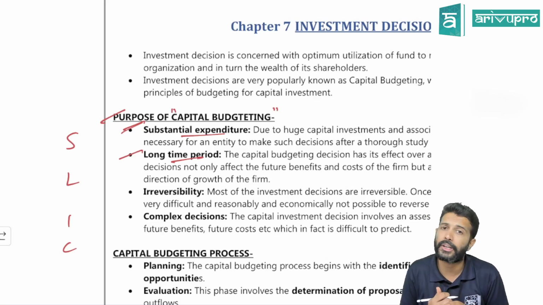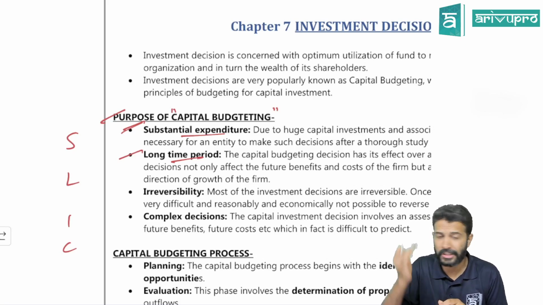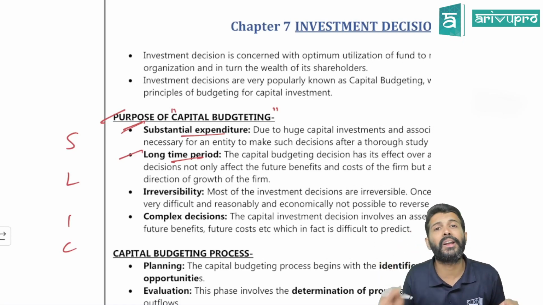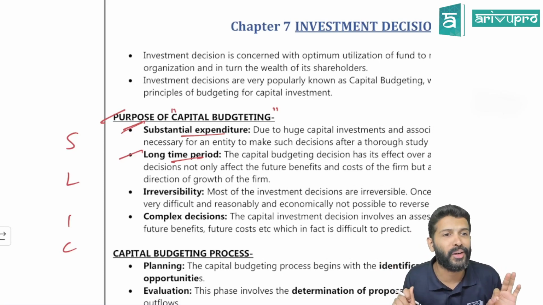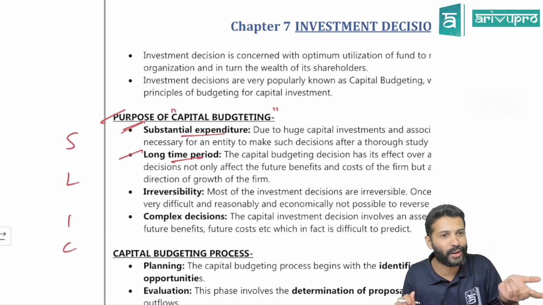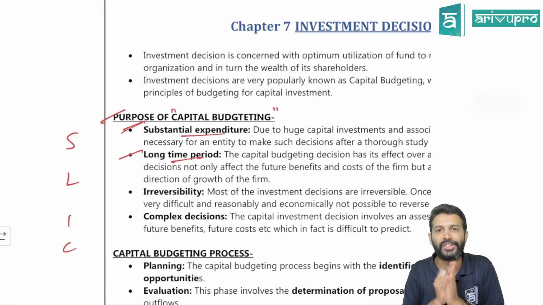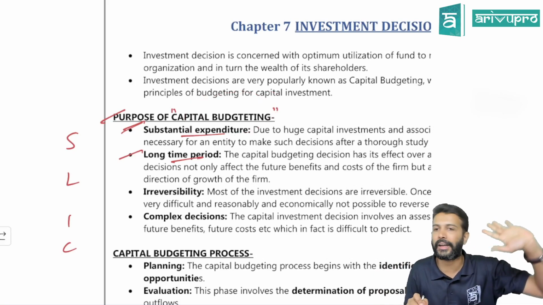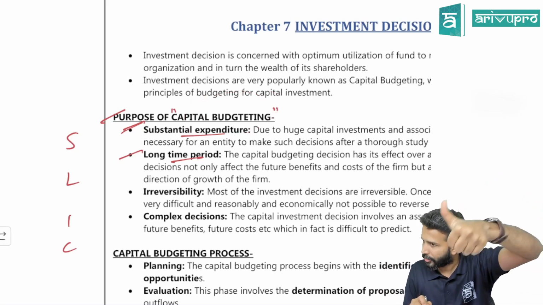It could be for 3 years, 10 years, whatever. Especially big companies, when they set up huge projects, the machinery will last for 10 years, 15 years. So you should be very careful where you buy the machinery from, what kind of machinery you buy, where to install it, who should operate it. All these decisions you need to take very wisely. Hence, there is a necessity for this particular technique. Got it? One, a substantial expenditure.